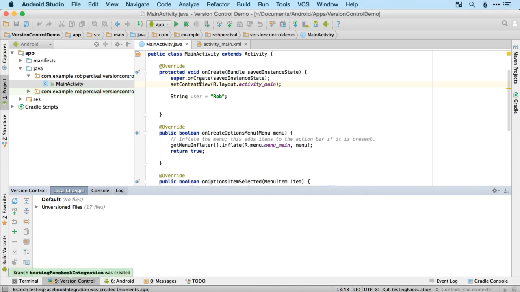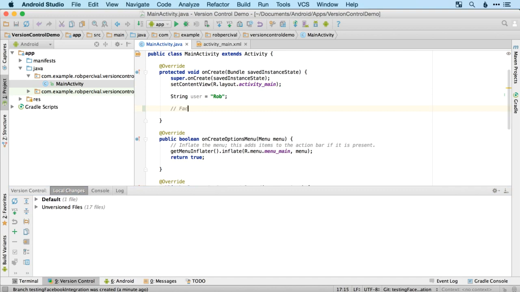So then I might go off on some wild tangent and see if I can make Facebook integrate with the main app. And that might not involve just adding code. It might involve getting rid of some code, changing things all over the place. But I want to still be able to revert back if I want to. So this is a grander thing than just doing another commit. And if we now look there, you can see we're on this testing Facebook branch. So if I now do